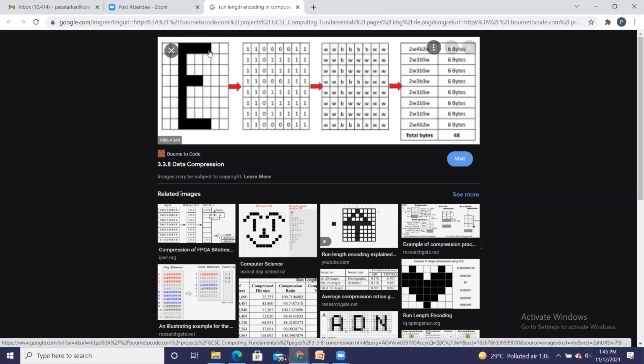So 4 blocks are black, that's why they are stored as 0. And the remaining 2 pixels are white, stored as 1. In the same way it follows 1, 1, 0, then 5 times 1. Similarly 1, 1, 0, then again 5 times 1, 1, 1, 3 times 0, 3 times 1, and so on.